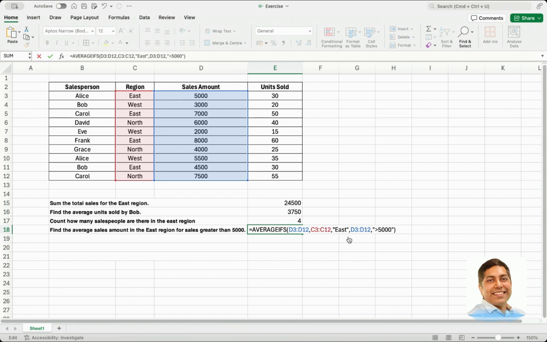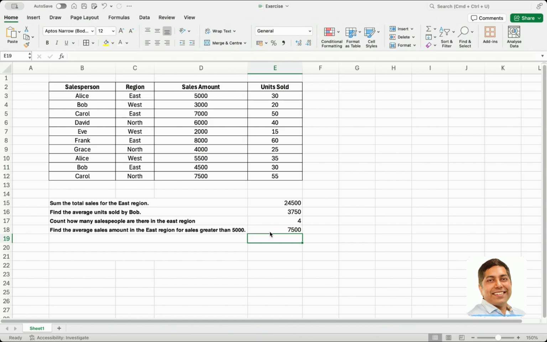So when you select this, you want the average to be on this data, and in this data you want this condition, in this data you want this condition, and when you do this you'll get an average which is like this. So let's say these are the east regions, and out of these east regions over 5,000 we have three instances, three times, right? So now if you check these three, and the average of these would